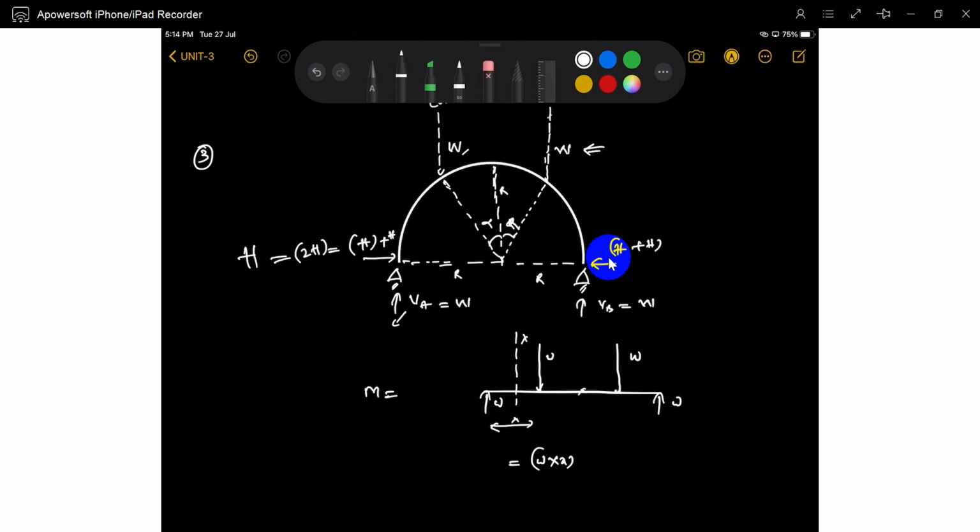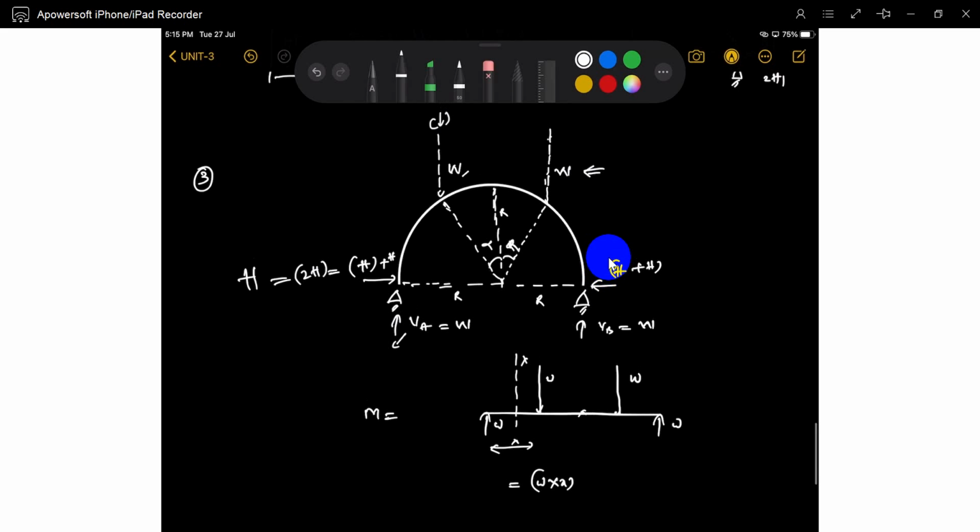So we will calculate it like this. Up to angle 0 to 90 minus alpha, so this value is 90 minus alpha. So 0 to 90 minus alpha, and the remaining is alpha to pi by 2. Otherwise, it is 90 minus alpha.